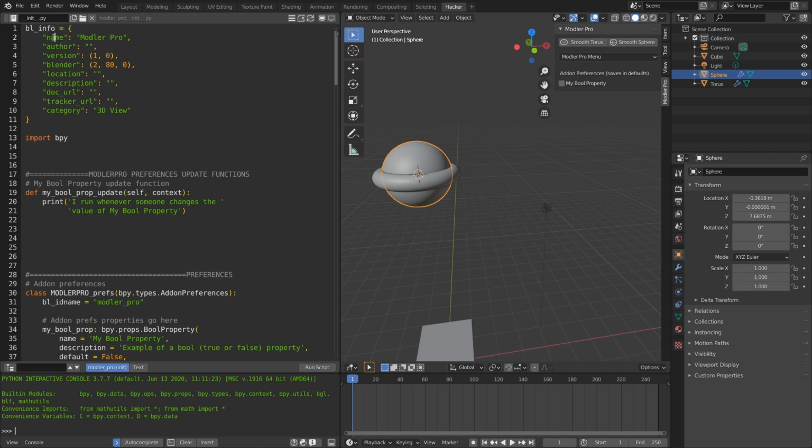So key basically just means variable name, and then the value just means what is in the variable. So we have name, and what's inside of it is Modeler Pro. We have author, what's inside of it is nothing, just a string. So we've got version 1.0, and then here, even though we're using a much later version of Blender than 2.80,